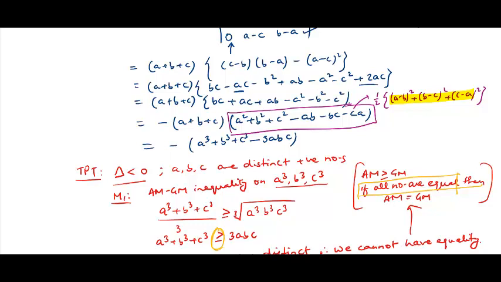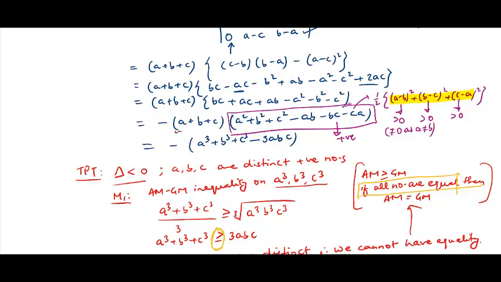And if you observe very carefully here, this quantity will be greater than 0. It cannot be equal to 0 because a is not equal to b. a, b, c are distinct. So this is strictly greater than 0. This is a square, and a square value has to be greater than or equal to 0. And since a is not equal to b, it cannot be 0, so it has to be greater than 0. In the same way, this quantity is also greater than 0, and this is also greater than 0. So as a result, this entire expression becomes a positive value.